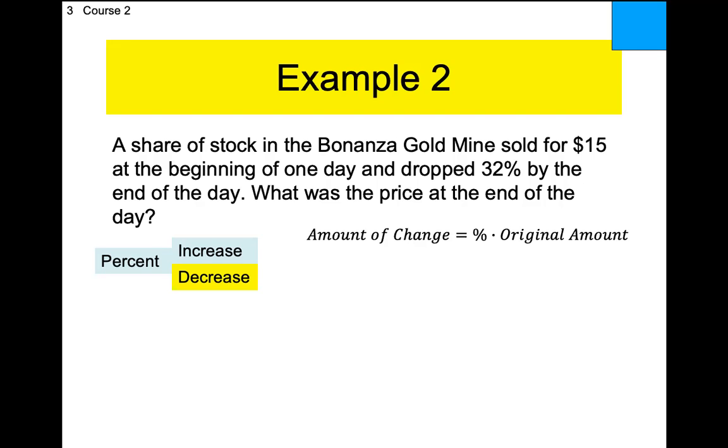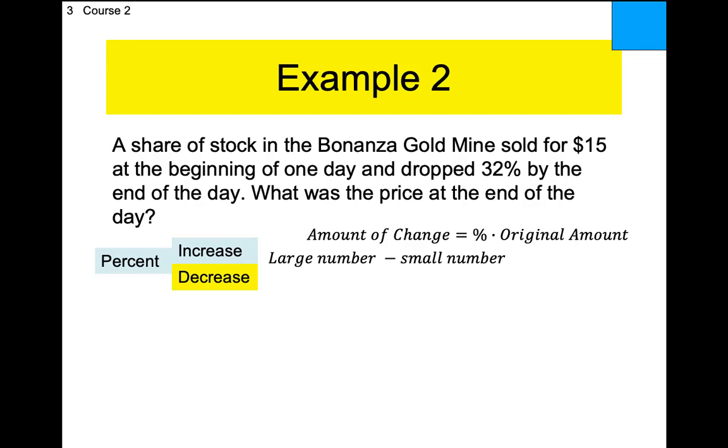How do you find the amount of change? It's subtraction. So this is the amount of change. I don't like that because it's two things instead of one, but that's what it is. So large number minus small number. Where did I get that? I know the original amount is 15. I know it's a decrease, so the second number is smaller. So therefore, the order will matter. I can't just write 15 anywhere I want. It's either the first number or the second number. Since it's a decrease, it's the first number.